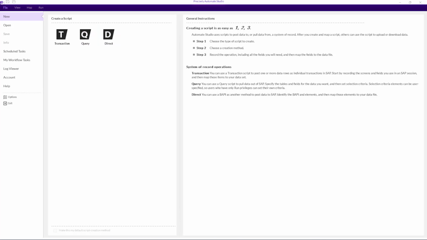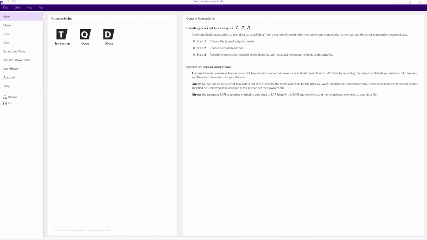Transaction scripts, or GUI-based scripting, allow the user to automate traditional SAP transactions, such as MM01, MM02, FB50s, VA01, XD01s, XD02s, or in the case of SAP HANA, BPs, among many others. The way this is done is that it records the user's actions as they interact with the SAP GUI. It is best for complex transactions with validations, processes requiring SAP screen logic, and scenarios where there's no BAPI or